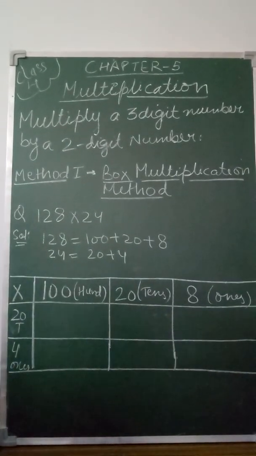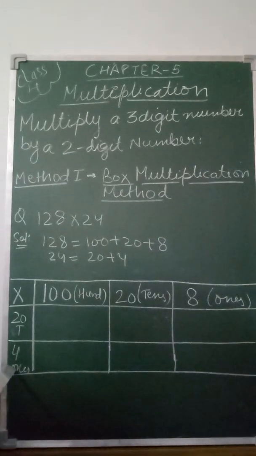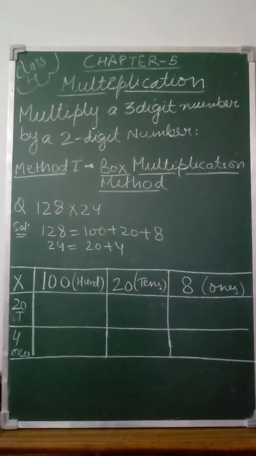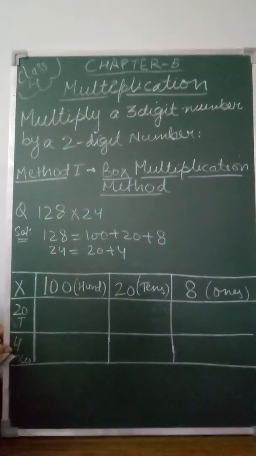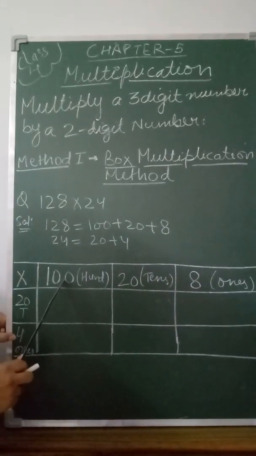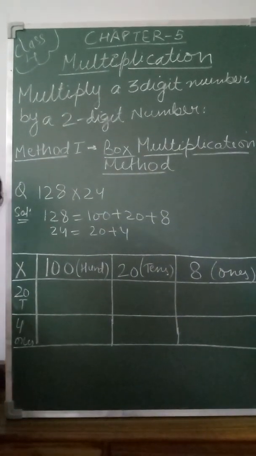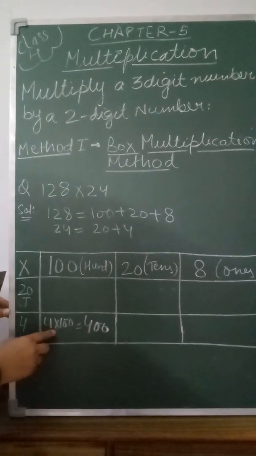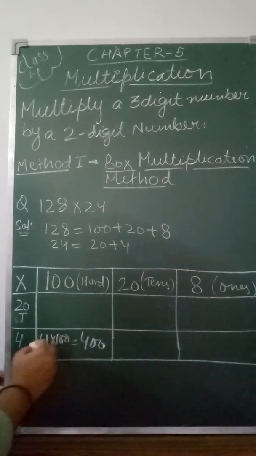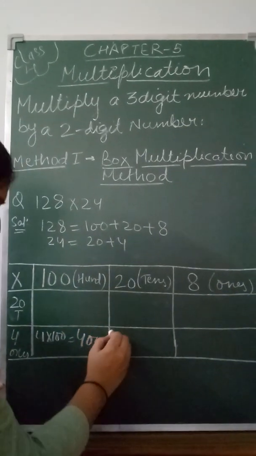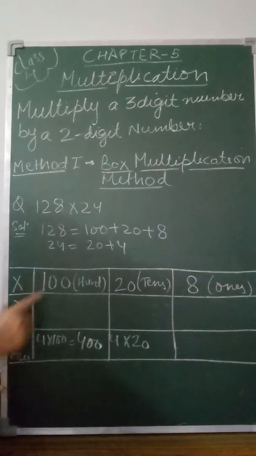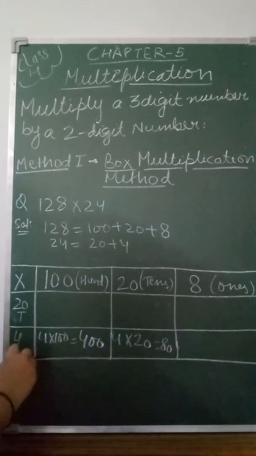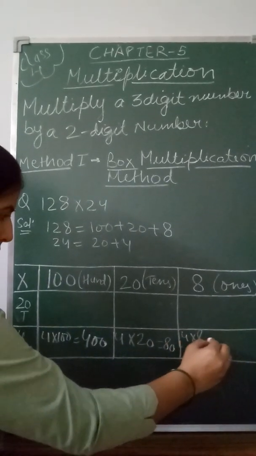Now the third step is to multiply the ones place of the first column by the 100, 20 and 8 separately. Let's start multiplying, beginning with the ones place. So 4 multiplied by 100, the oral answer is 400. We did this method in the previous video, how to do the oral calculation. Now this 4 is again multiplied by 20. We have to multiply this number separately by all three numbers written in the row. That gives 80. Now the third one is 4 multiplied by 8.